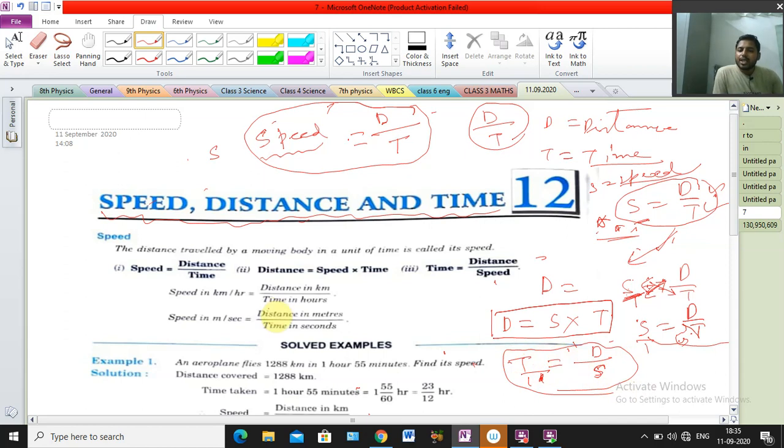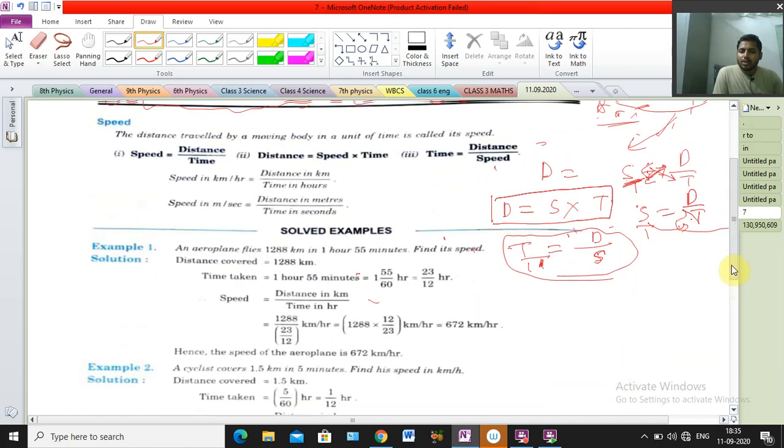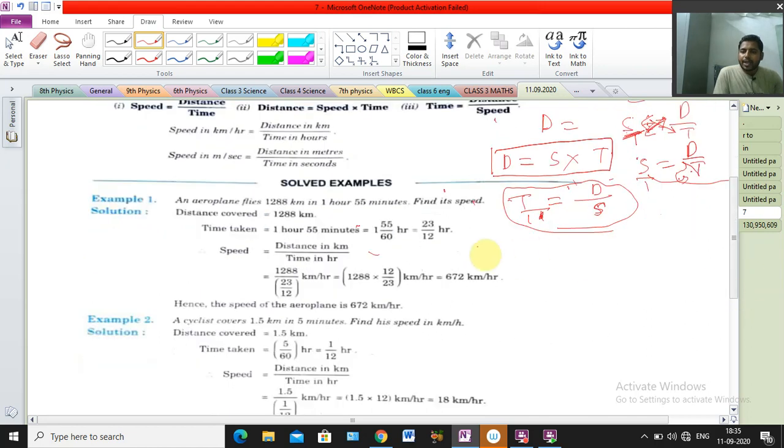So see, now we are getting how many formulas, sir? 3 formulas, very very important. With the help of these formulas we have to solve all the problems. Clear? Understood? I am writing again. First formula, main formula, speed equal to distance by time. Formula number 2, distance equal to speed into time. And point number 3, time equal to distance by speed. So 3 main formulas. Now we will apply it.